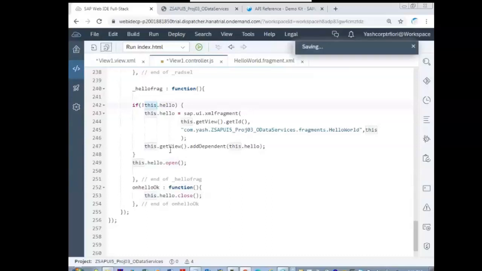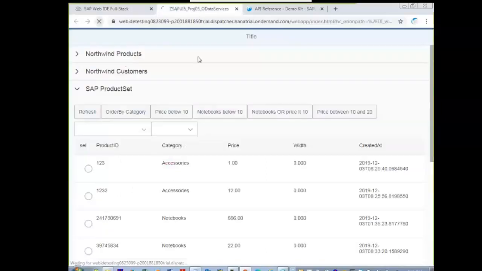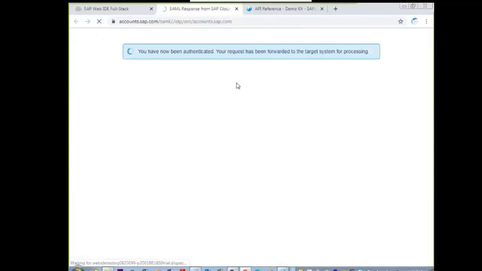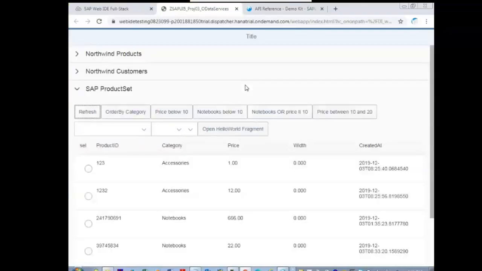Let us see whether it is invoked or not. We'll place the breakpoints and also we'll see. So first time you are trying to invoke it, the control goes into the if loop. Second time when you're clicking on the button, the control will not go into the if loop. That proof also I'll show you. Just to tell you that an object is not created, it is creating that by going into the if loop. If the object is already there, it is coming out of that if loop.